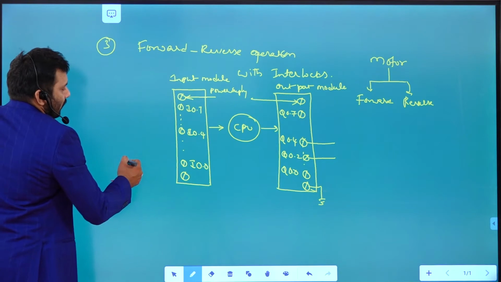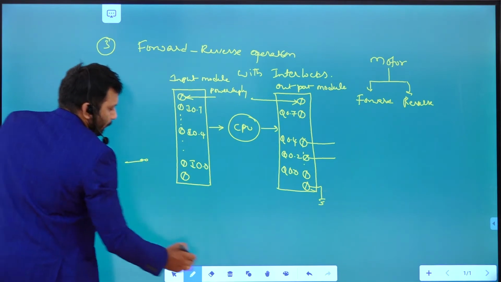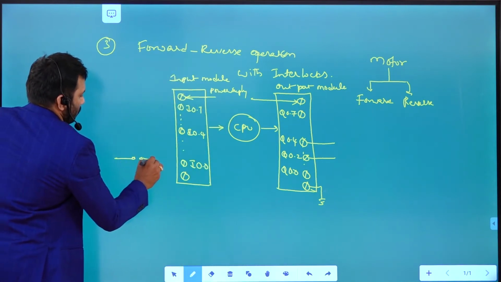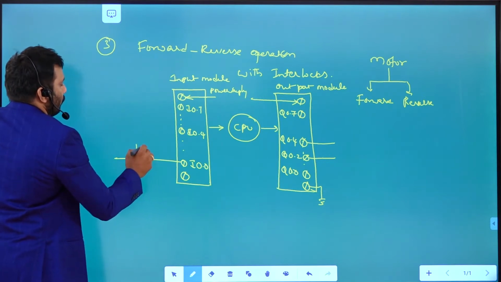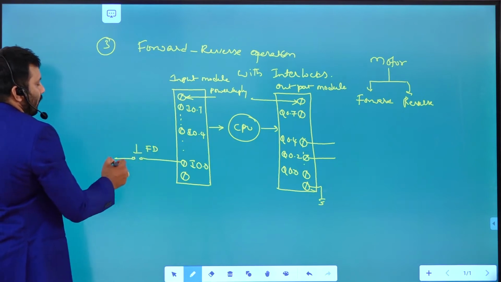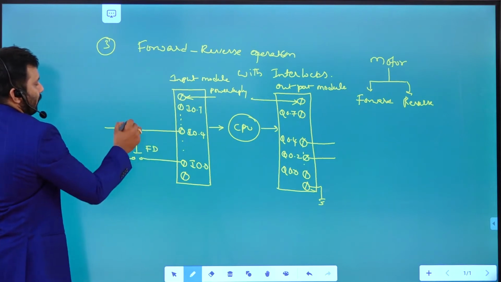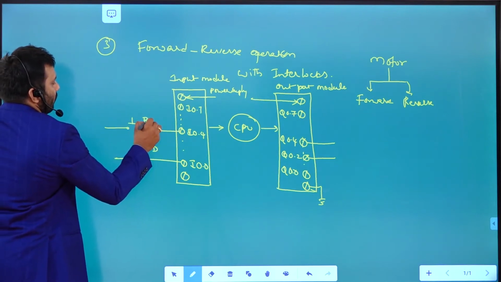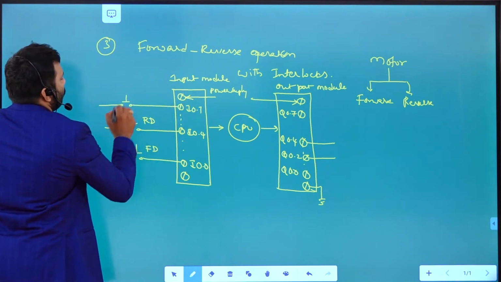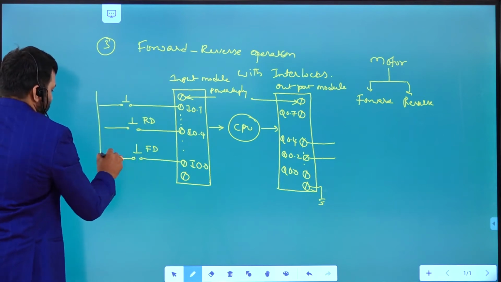So 3 switches you can connect. One push button here you are going to use to control the motor to rotate in the forward direction. Another you connect to the 5th terminal, for the reverse direction. Another terminal is connected here to off. Like that I used 3 push buttons.